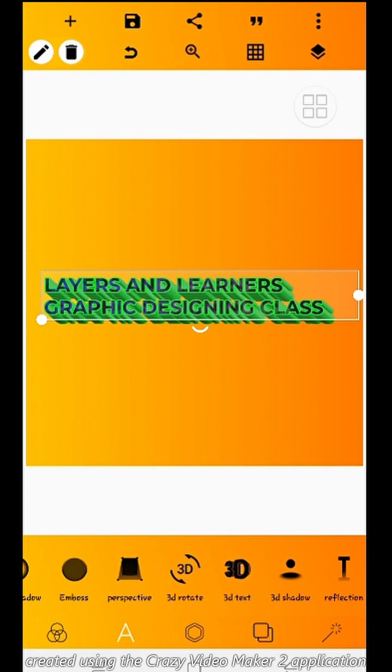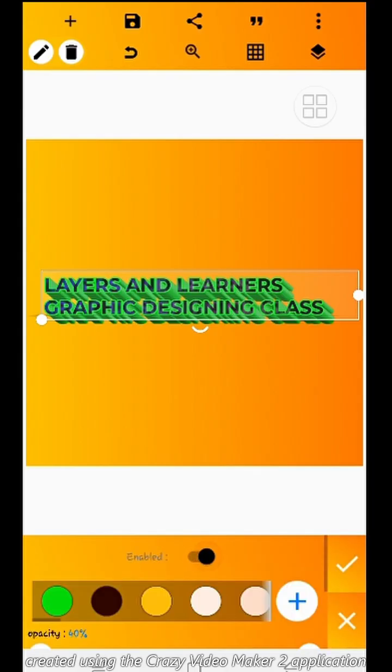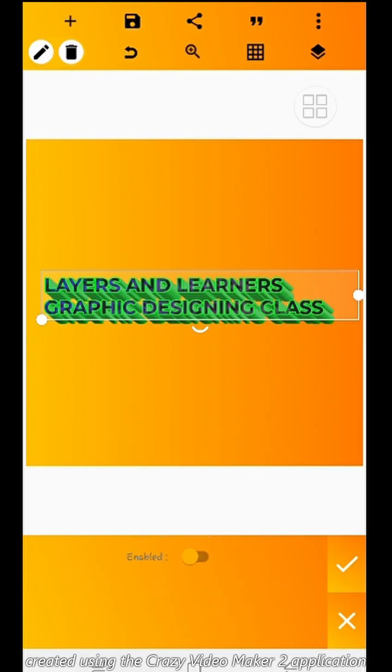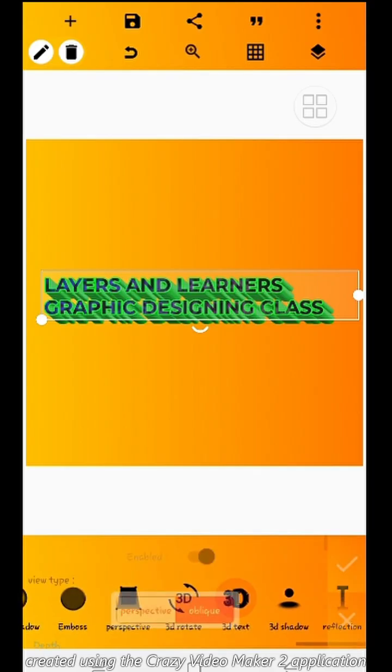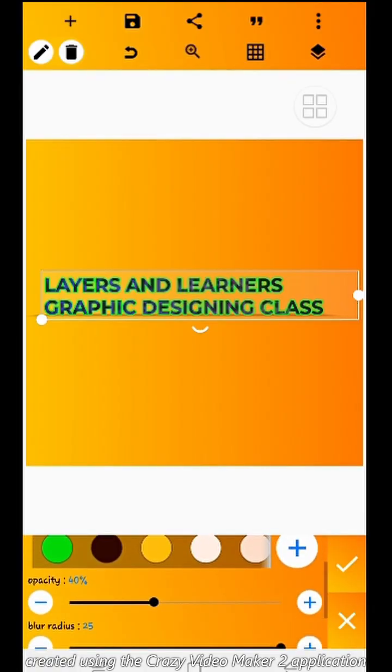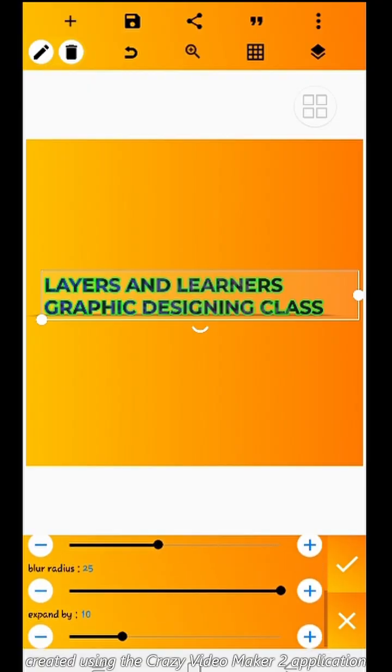Okay, so the next thing is this 3D text. I've shown you this 3D text. The next thing is shadow, 3D shadow. Let me just disable this 3D text. So you see this 3D shadow. You need to add a little shadow at the back. If you look, you will notice a little shadow at the back of this text. You can increase the opacity, reduce the opacity, change the color, reduce the radius, increase the radius, expand it,